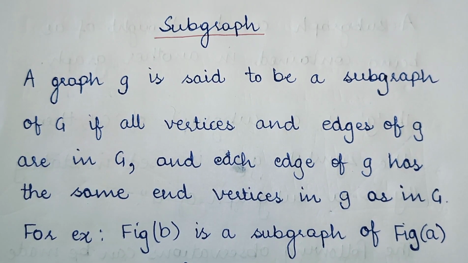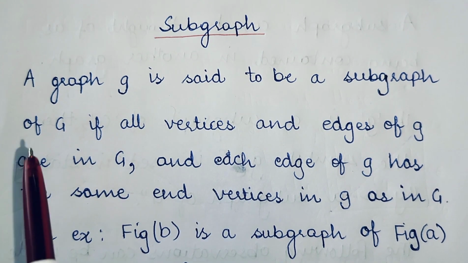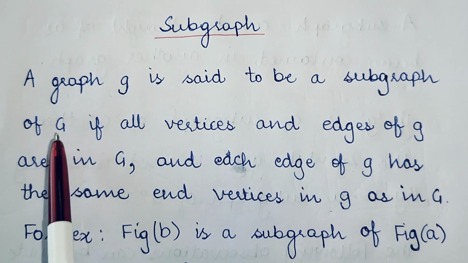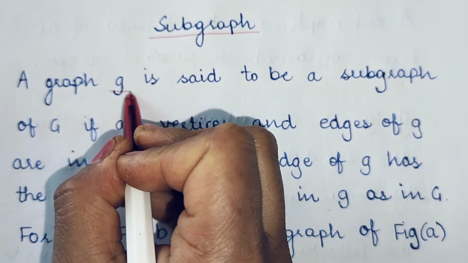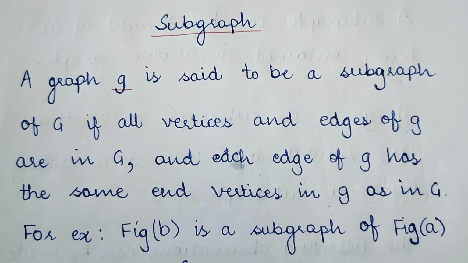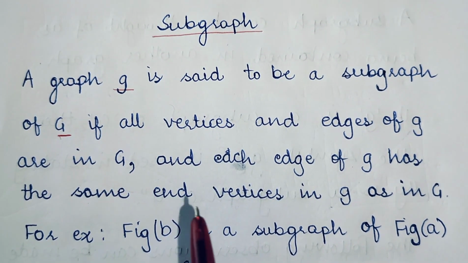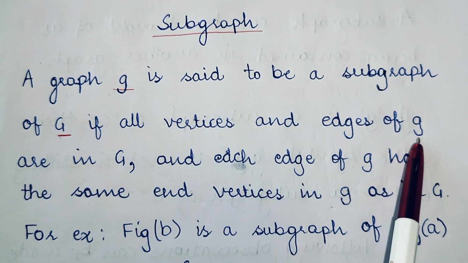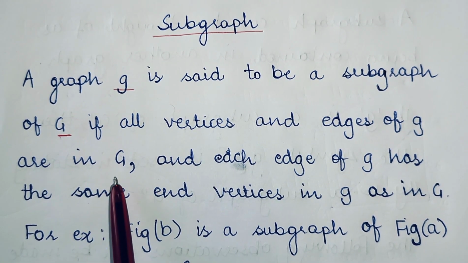Hi everyone, today we are going to study subgraphs in graph theory. If there is a graph small g which is said to be a subgraph of capital G, that means we have two graphs. One graph is denoted by small g and the other graph is denoted by capital G. So in that case, if all the vertices and edges of the graph denoted by small g are in the